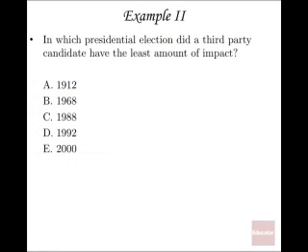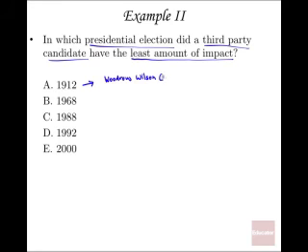Example number 2. In which presidential election did a third-party candidate have the least amount of impact? Okay, so 4 of these did have impact. Which one did not? 1912, that was the year of, you had Woodrow Wilson, and he was the Democrat,